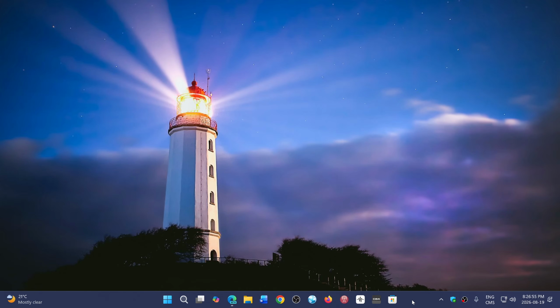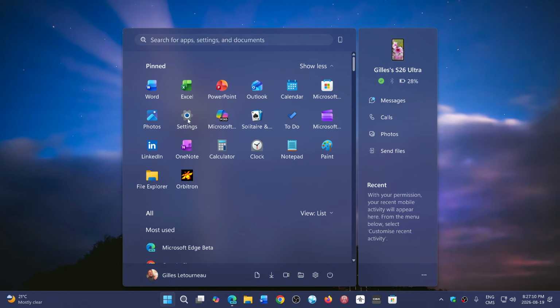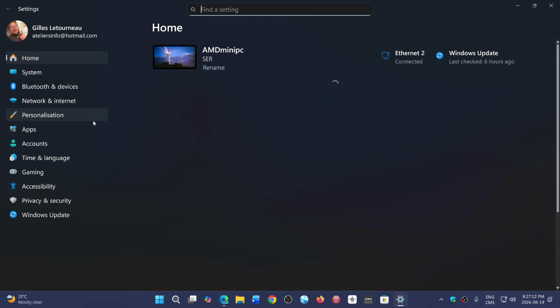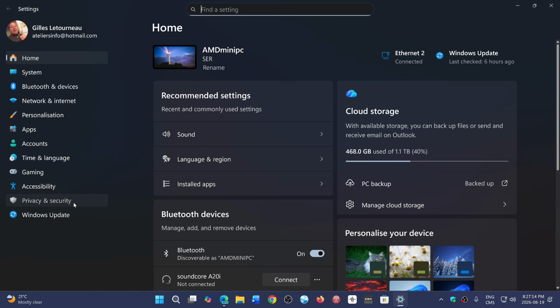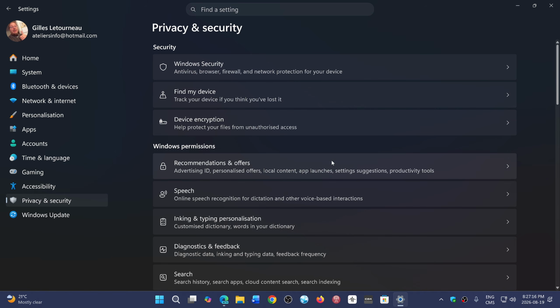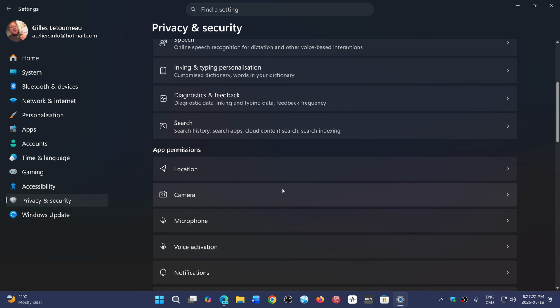And Microsoft is about to improve the privacy of using a camera or microphone with some apps. So if you look at the privacy settings right now in your privacy and security tab, you will have, of course, the different privacy or security things that have to do with